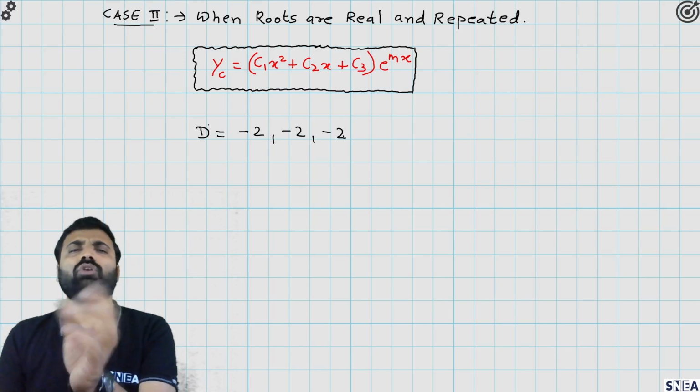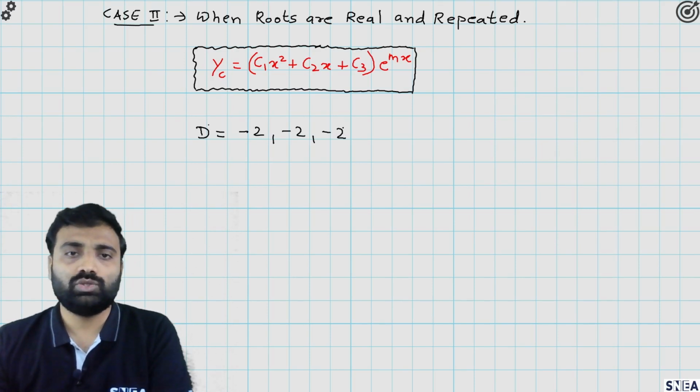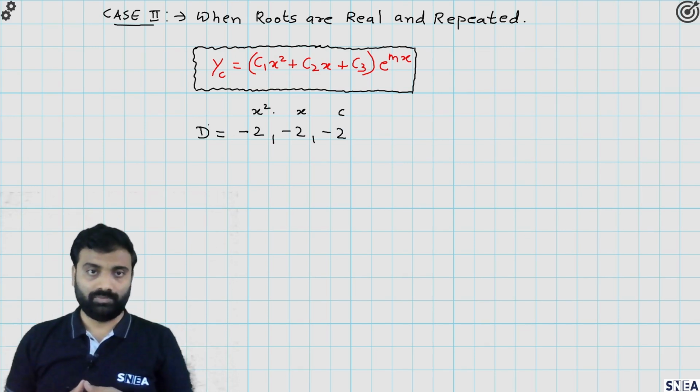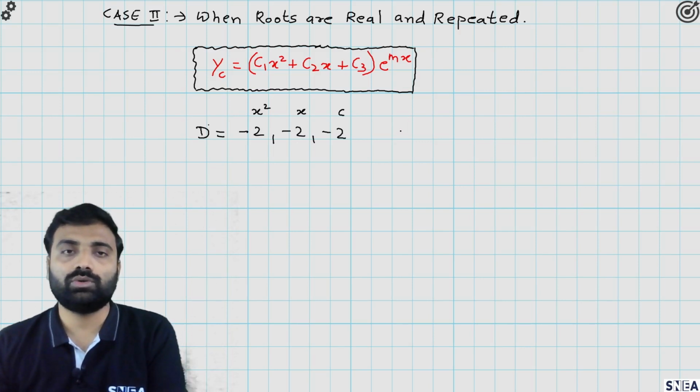So for that what we have to do? देखो ध्यान दो, उसके लिए क्या करना है आपको? -2 के ऊपर लिखो c constant, फिर ये x और ये x का स्क्वायर ऐसे लिख लो. सबसे पहले तो कांस्टेंट x और x का स्क्वायर लिख लो. So you can write here yc equals to, okay, so we will have x square. So start with x square means c1 x square लिखो plus c2